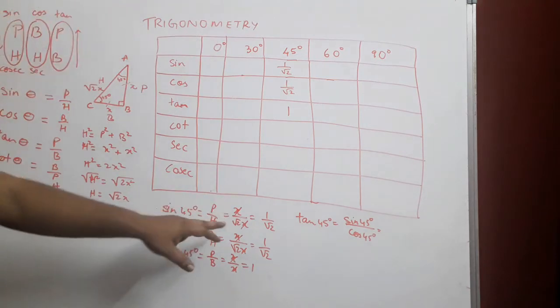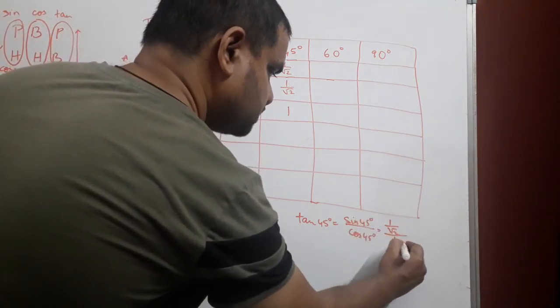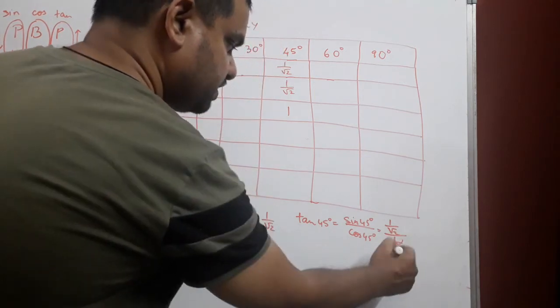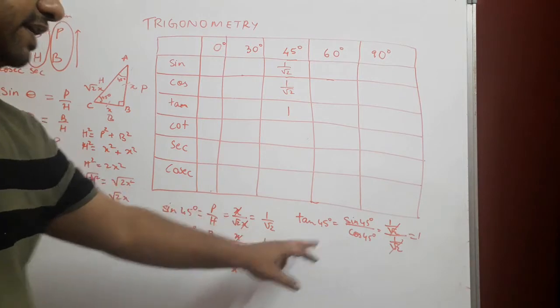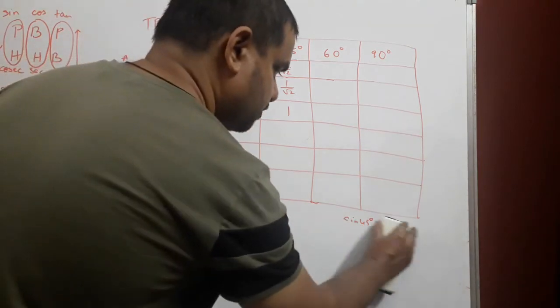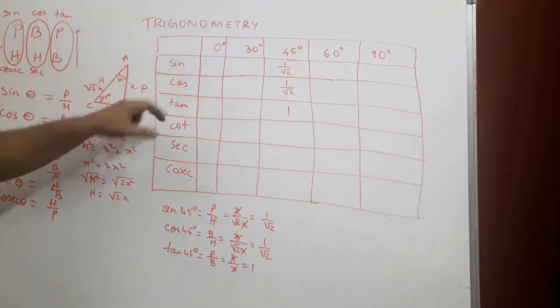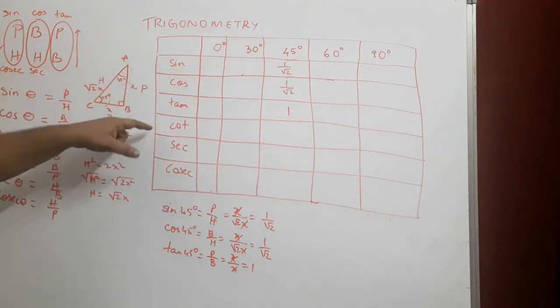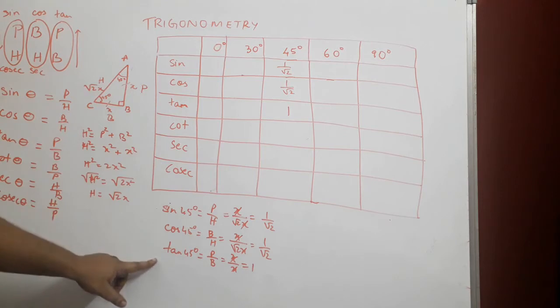We know from here that sine of 45 degrees is 1 upon root 2 and cos of 45 is also 1 upon root 2. When these cancel, we get 1. So this is another way of getting tan 45 if you know what sine 45 and cos 45 are. Anyways, we have got it from Pandit Badri Prasad. Now that we have got sine, cos and tan of 45 degrees, it is easier to find out cot, sec and cosec without actually trying to do all this.